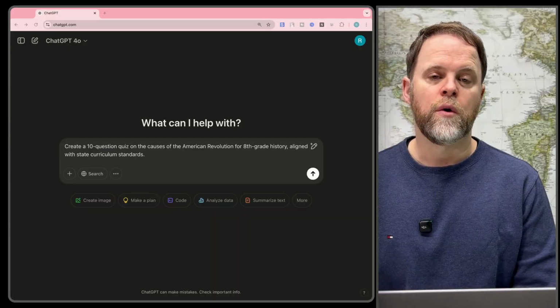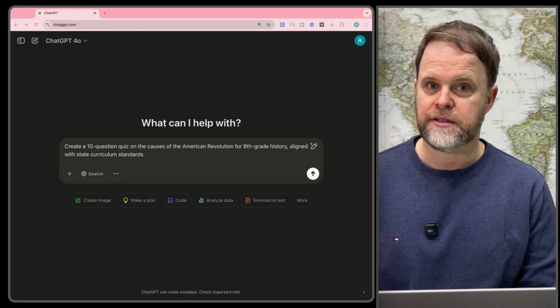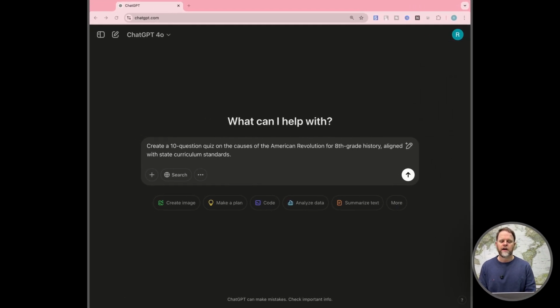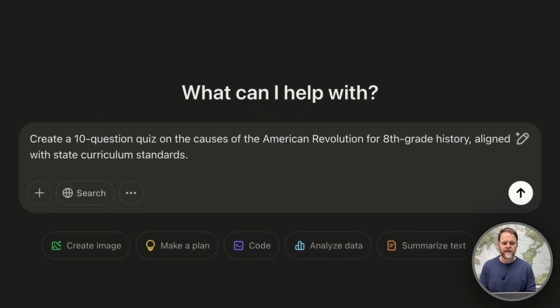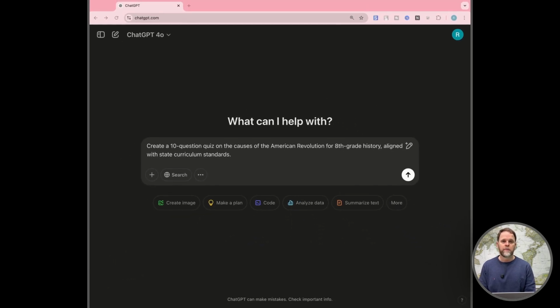In step 1, we want to be clear about the subject, the grade level, and the learning objectives. Don't just say a quiz on history, say create a 10-question quiz on the causes of the American Revolution for 8th grade history, aligned with state curriculum standards. So here, a pro tip would be to add your state standards, allowing ChatGPT to know exactly what it's working